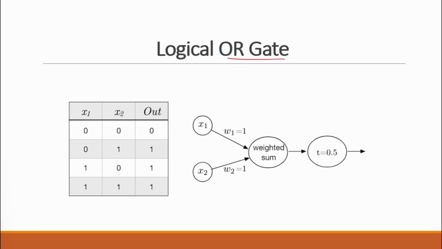Similarly, you can also implement an OR gate. Here the threshold is smaller, and the weights are still 1. You are computing x1 plus x2 and comparing that value to the threshold. If both are 1, the value is 2, and 2 is bigger than 0.5, so you return a 1. If one of the two is 1, your value is also larger than the threshold, because 1 plus 0 is 1, which is greater than 0.5, so you also return a 1. Only if both are 0 do you return a 0, because 0 plus 0 is 0. This is how you could use the McCulloch-Pitts model to implement different first-order logic functions.